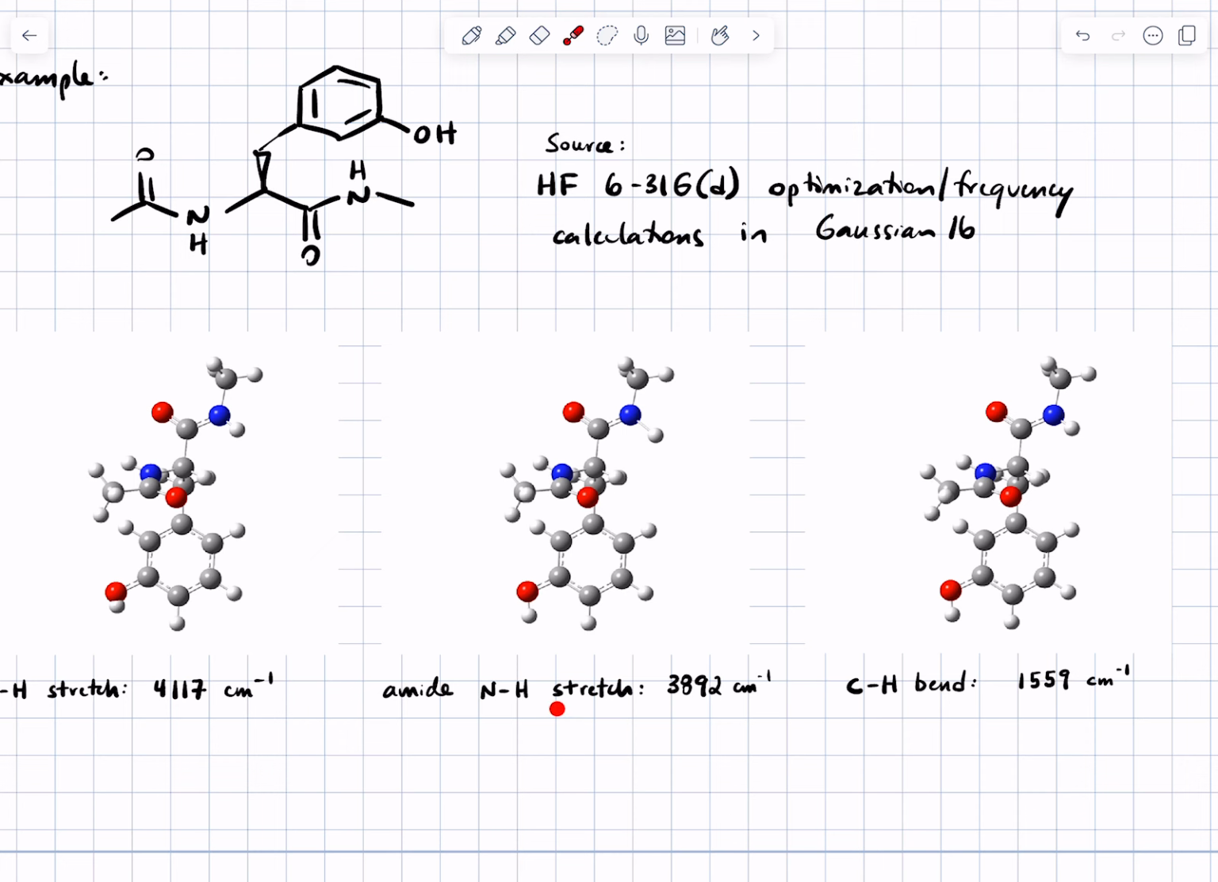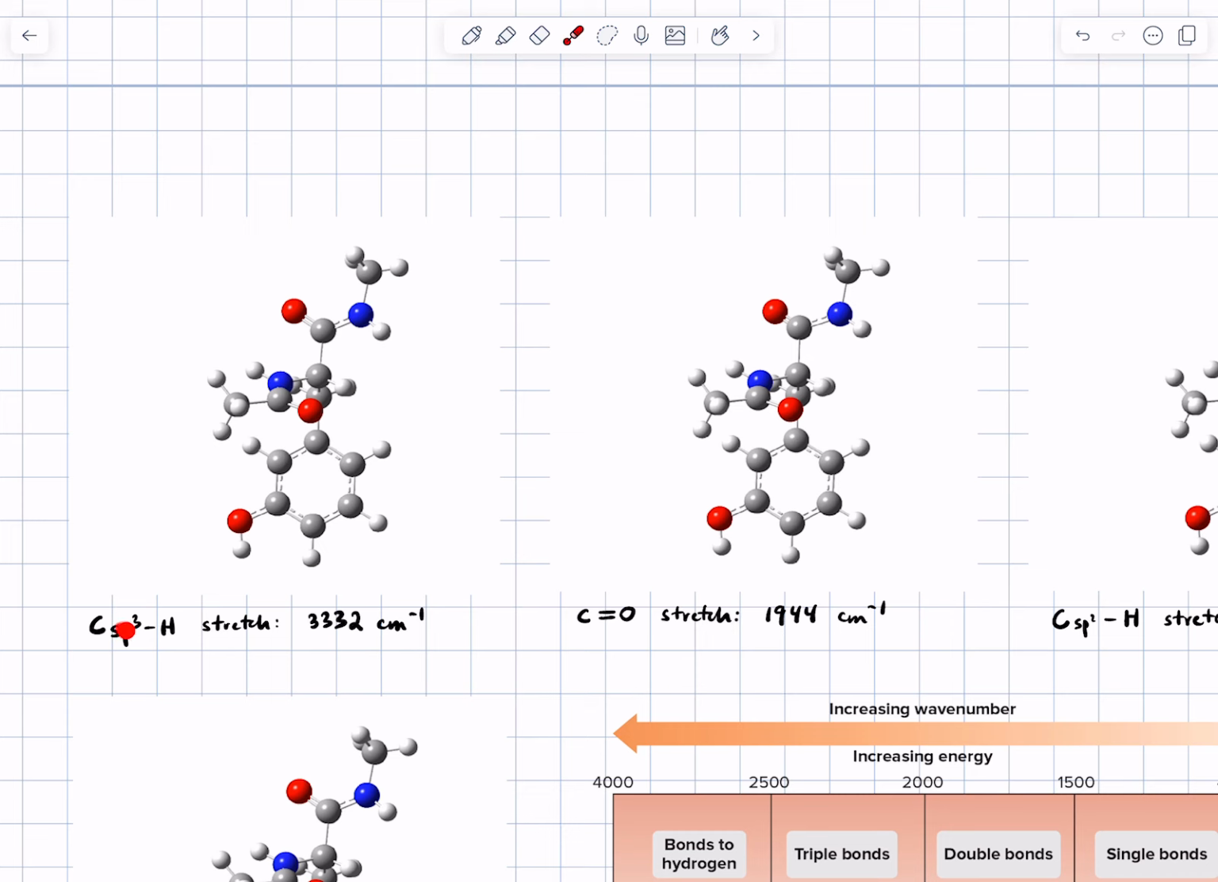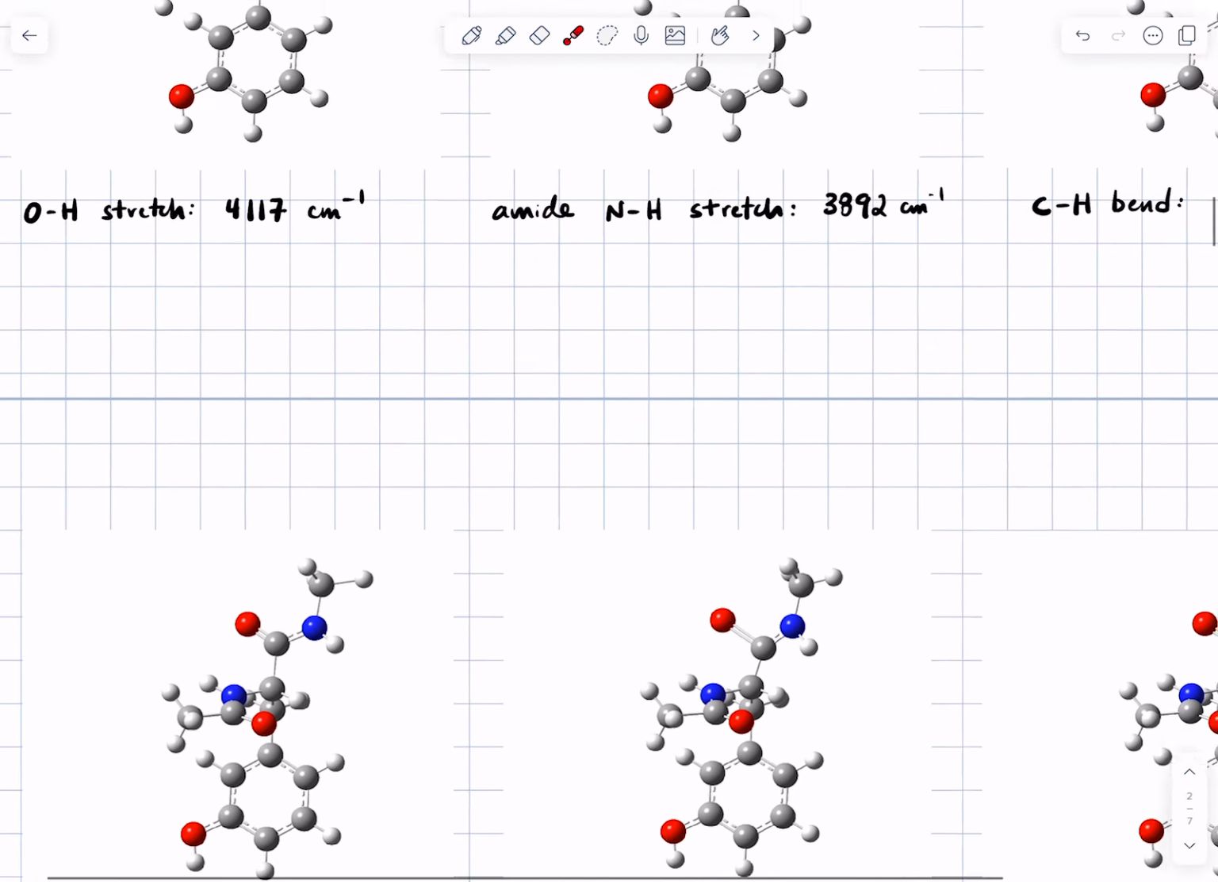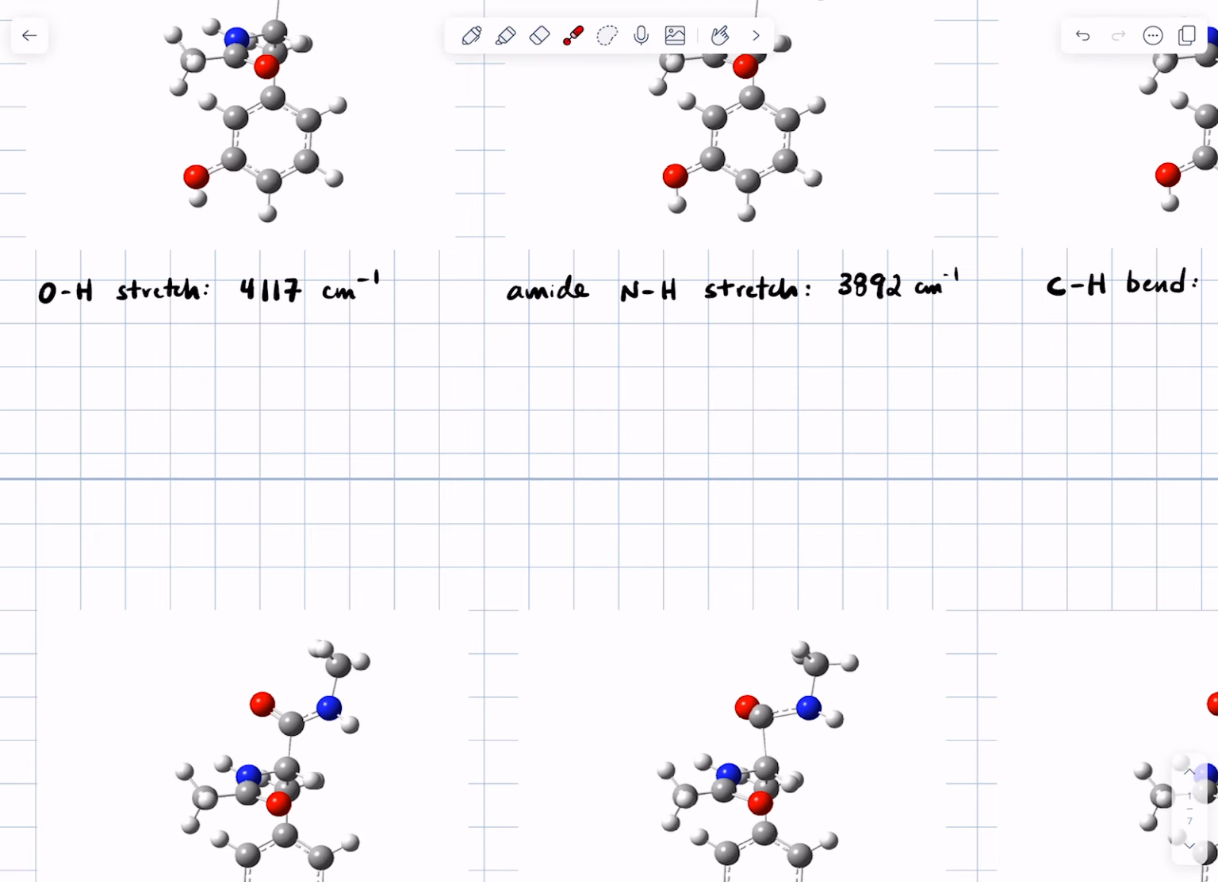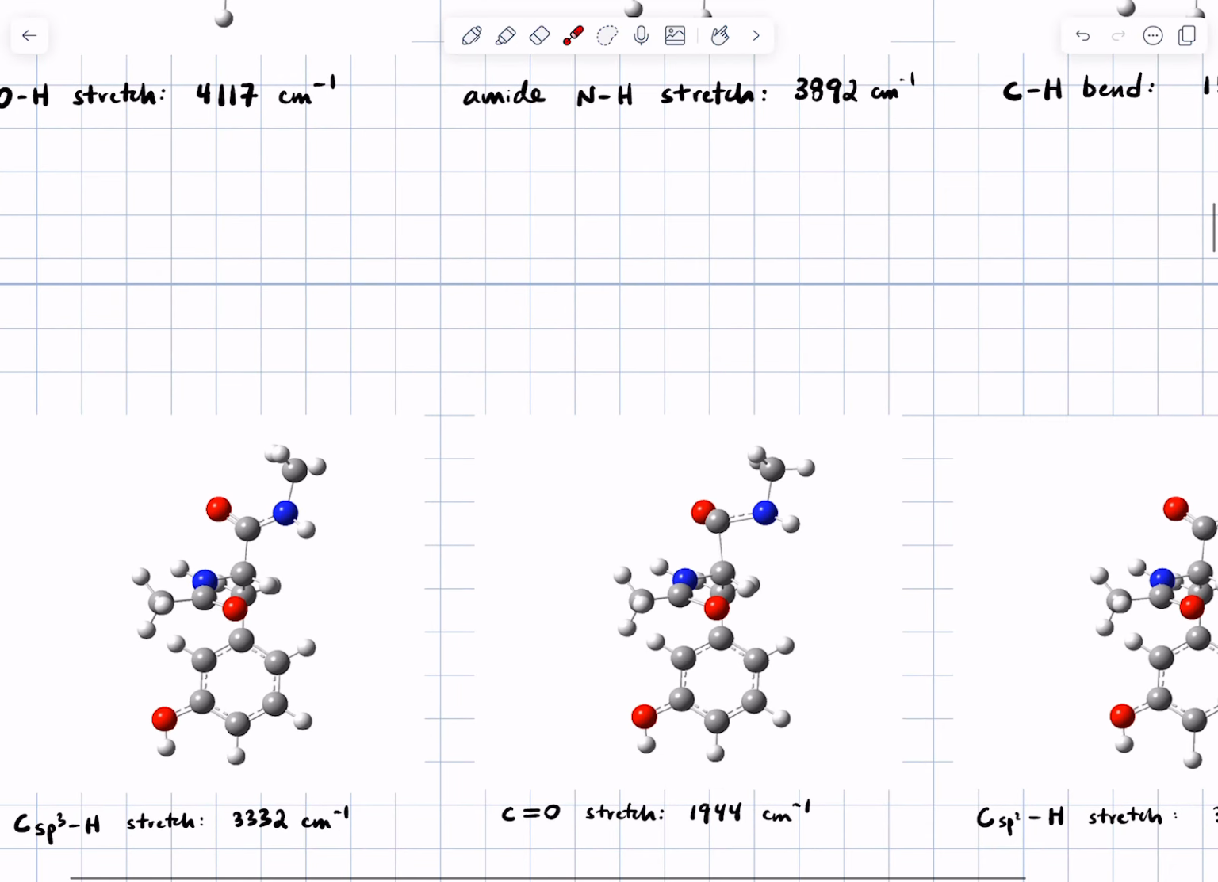You will see that the hybridization of the carbon that has the hydrogen matters. That bond strength increases as you go from an sp3 carbon to an sp2 to an sp carbon. And so we'll see some characteristic stretching frequencies there that are sometimes informative. One of the most informative peaks in an IR spectrum, aside from this characteristic OH stretch, is a